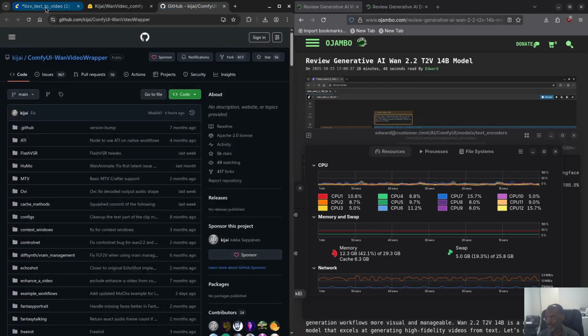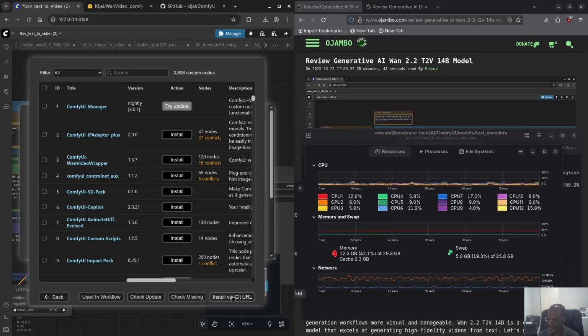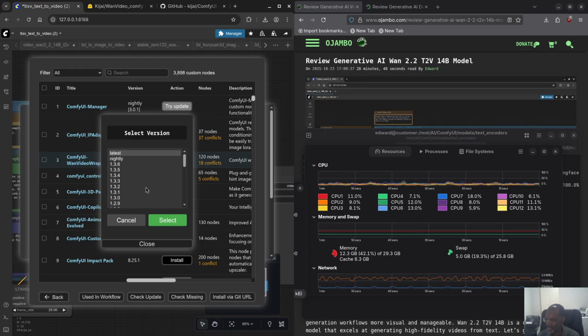Yeah, so there we go. I was actually going to install using the git URL, but it looks like it's already here. So I'll install it right here. I didn't have to search for it. It's right here. Okay, so I hit install, and then